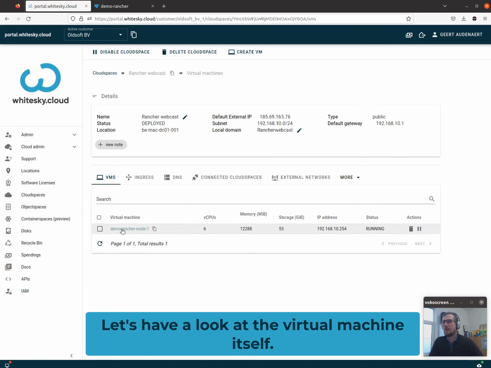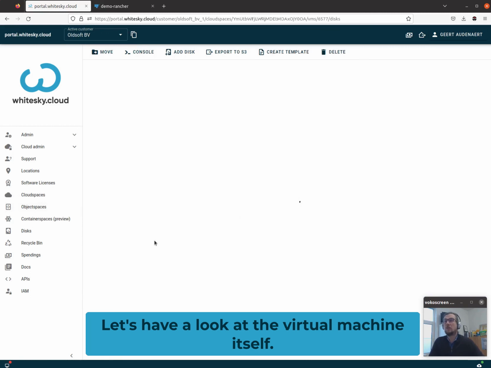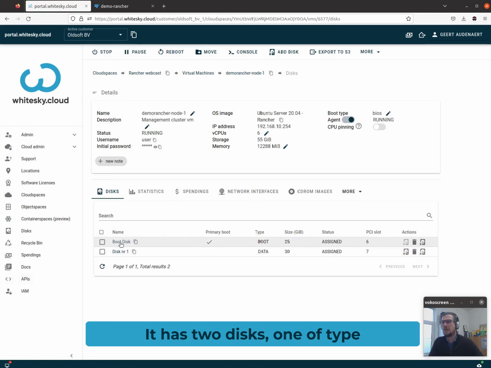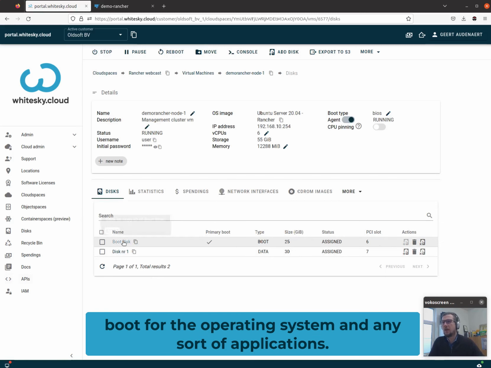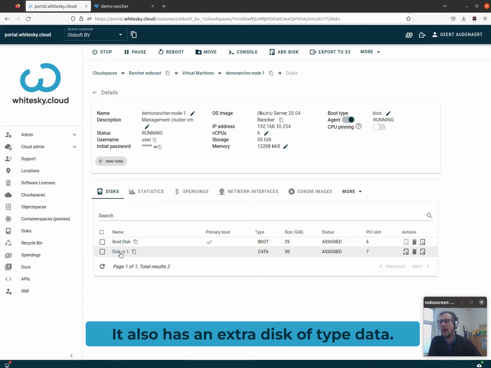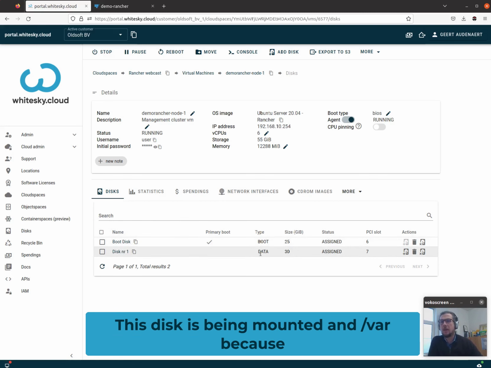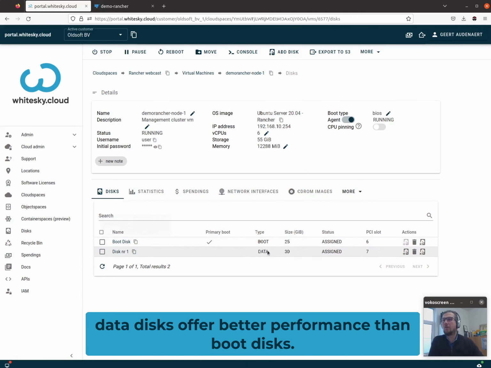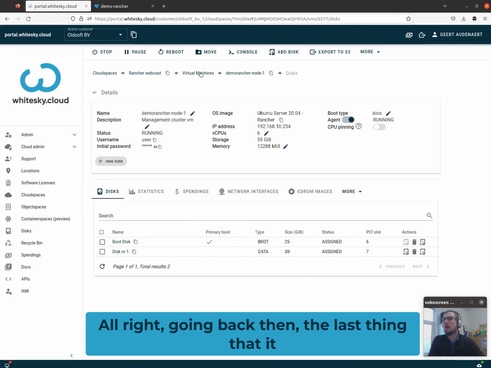Let's have a look at the virtual machine itself. You see it has two disks: the boot disk, of type boot, for the operating system and any sort of applications. It also has an extra disk of type data. This disk is being mounted in /var because data disks offer better performance than boot disks. All right, going back,